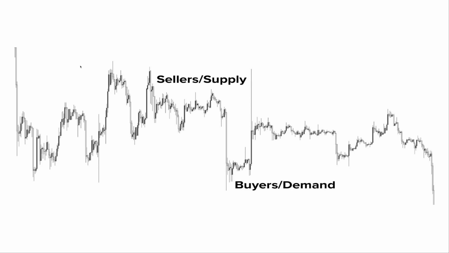One of the important things that we want to take away from this is that there is a finite amount of buyers and sellers. So what do I mean by that? Well, this demand zone only has so many buyers. At some point in time, there will be no more buyers. This causes a breakdown, or on the opposite side of the spectrum, there are so many sellers in a supply zone. At some point in time, this supply zone will run out of sellers, and that will cause a breakout. And those are some topics that we're going to get into later on in some of the more advanced sections